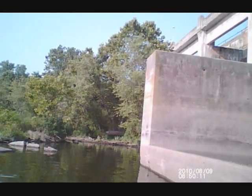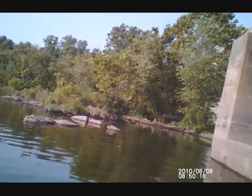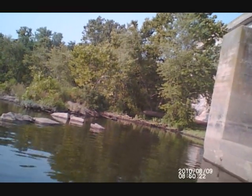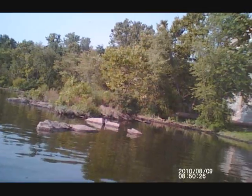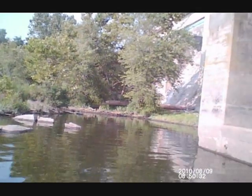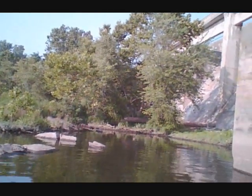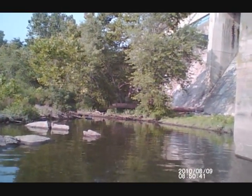It's almost 9 o'clock in the morning. I've been out here for about 2 hours or so. 2.5 hours. I have 6 fish in 2.5 hours. A little slow, but